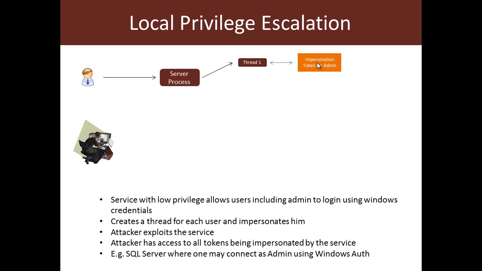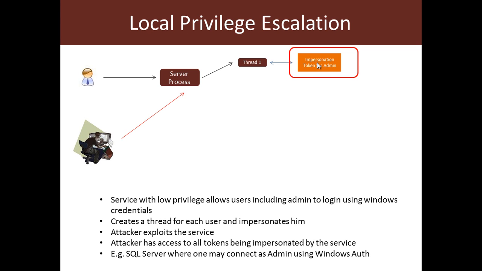What if an attacker breaks into the server process by using an exploit or some other means? Because if he successfully does so, then he will have access to the process's memory space, using which he can actually get the impersonation token for the administrator. Once he does that, he can go ahead and run commands